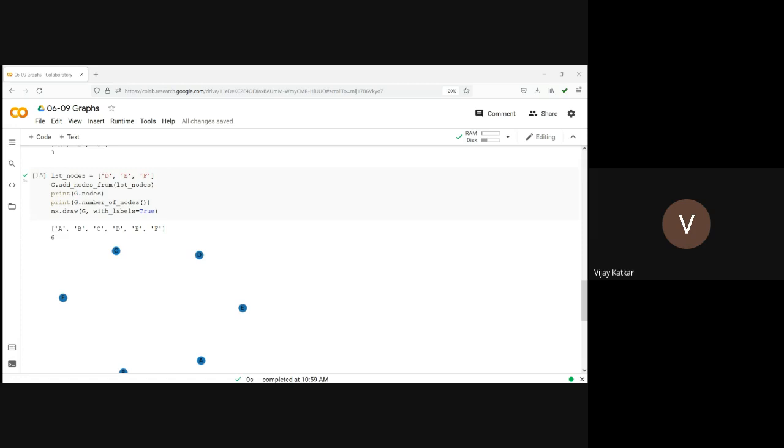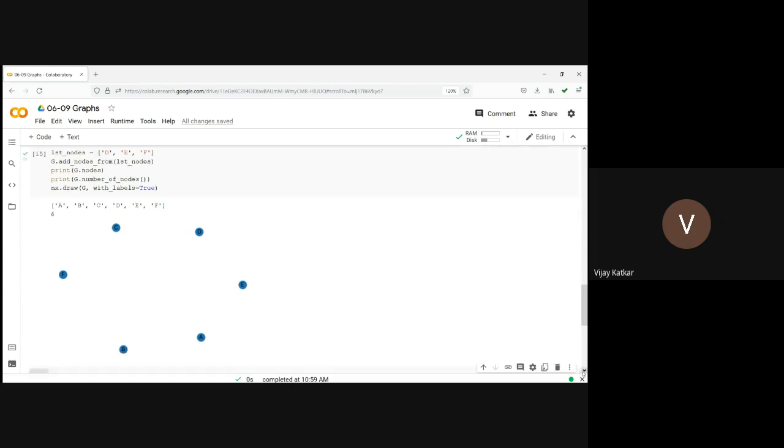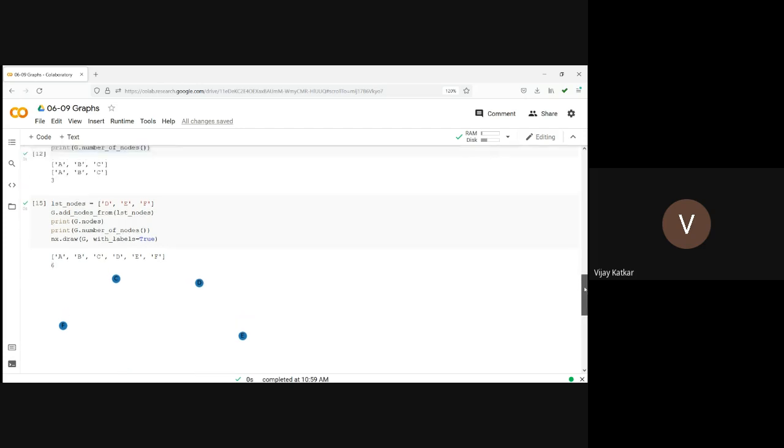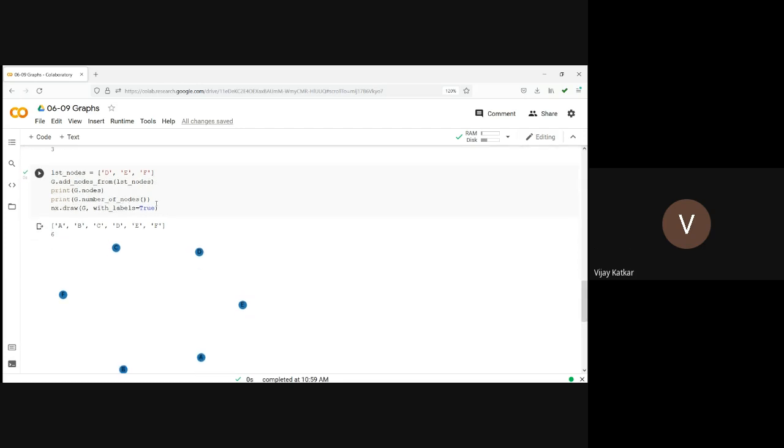Okay. So here labels are there, but we have not added edges. So edges are not shown, but yes, the graph we have created with some nodes. So let's move to the next step. Okay, before that,